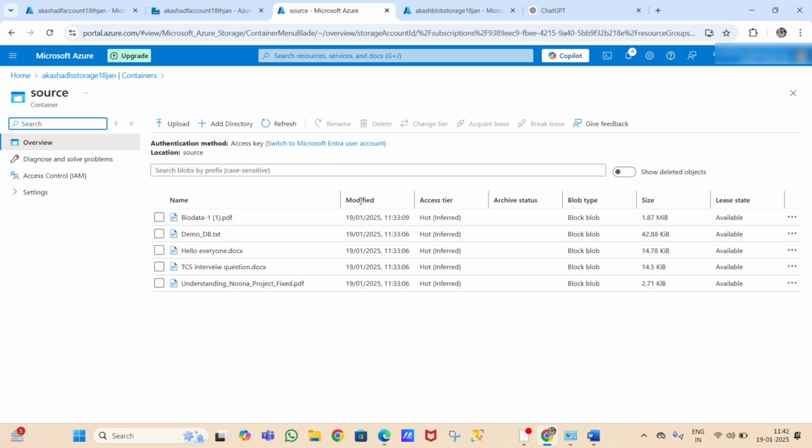But if I use only the copy and delete activities, the delete activity takes less time to run, while the copy activity takes longer because it copies all the files from ADLS to blob. So we will use the wait activity: after the files are copied from ADLS to blob, it waits for 1 or 2 seconds, and after that the delete activity will run. So how will we do that?